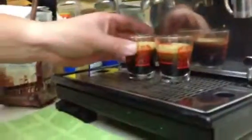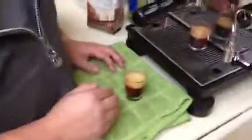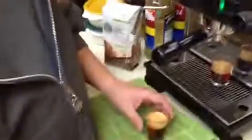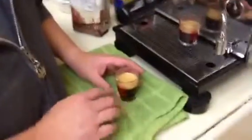Now what's really important, see this brown stuff on top, this light brown stuff? That light brown stuff is called crema. That's what you want. That is where all the flavor is, in the crema. And the black stuff is down here, but you want that nice brown crema in every